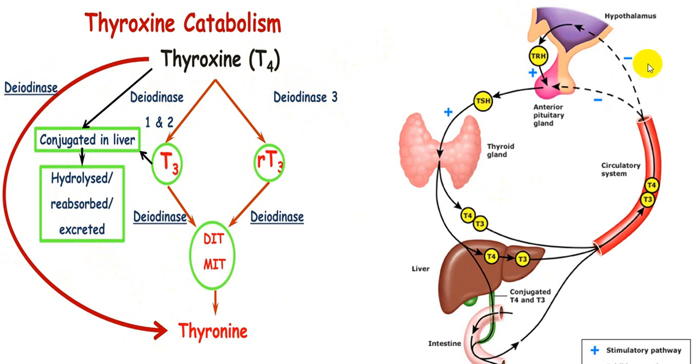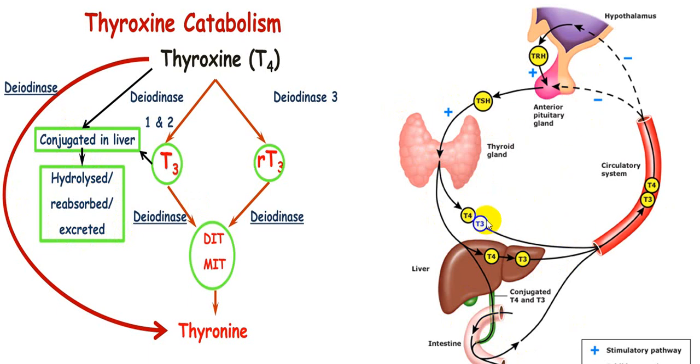So in this same diagram shown, TSH will stimulate the thyroid gland to release T3 and T4, and that T3 and T4 circulates and can give rise to negative feedback at the level of anterior pituitary or at the level of thyroid, at the level of hypothalamus. This is called long loop, this is called short loop, and it will pass through the liver and will be converted into what we call conjugated, hydrolyzed and reabsorbed or excreted out into bile.